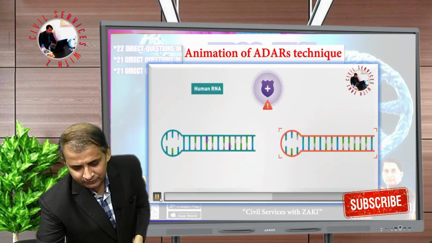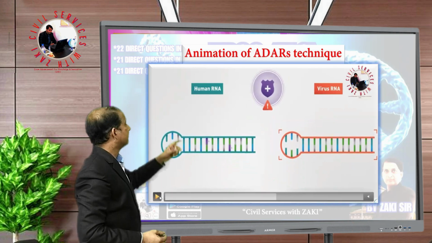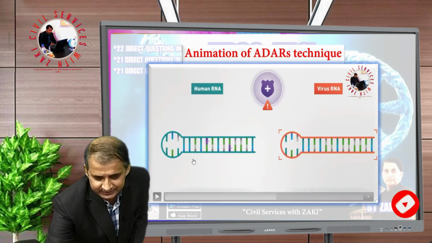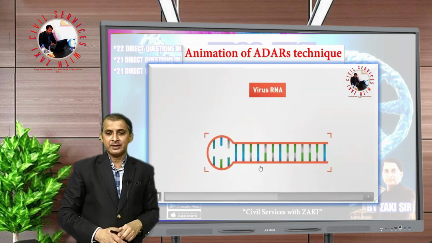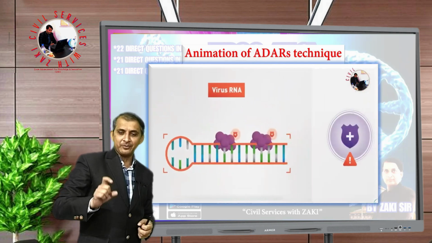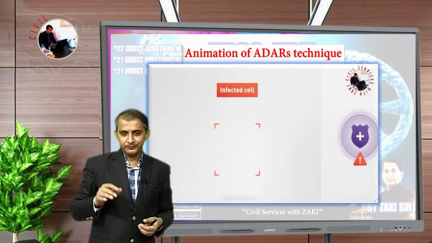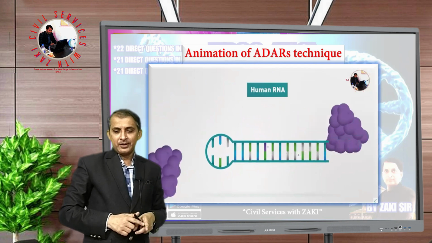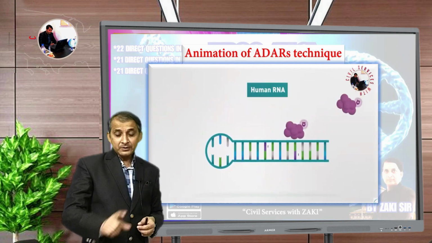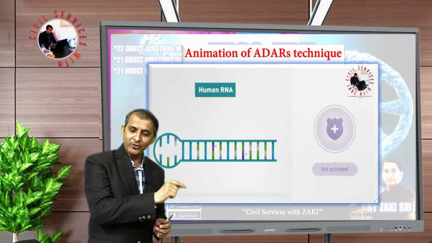If you see the normal human genome and normal human RNA and virus RNA, finally in this technique, it's virus RNA and it's human normal RNA. So this technique, this ADAR identifies these viruses and finally kills this virus or such pathogens, virus or bacteria, and finally removes them from our cell. But as you know, it fixes adenosine to inosine, and finally this